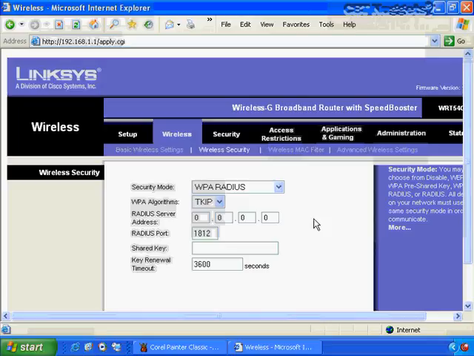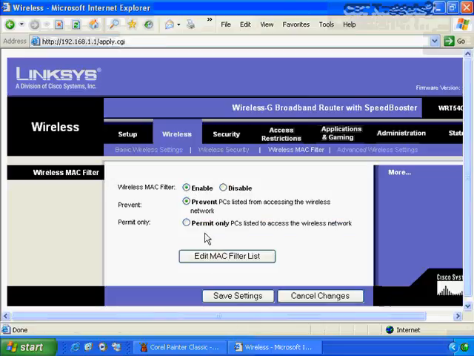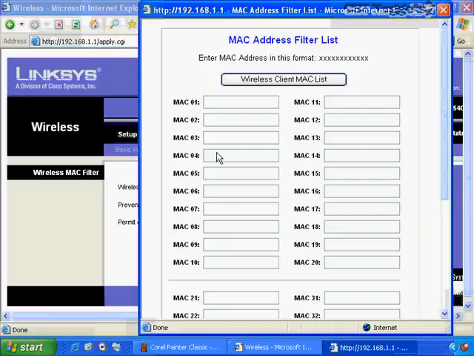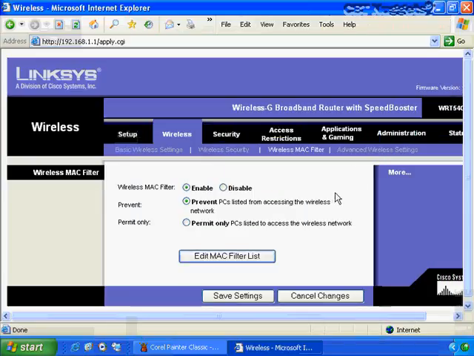Now, some people decide, hey, I'll just use a wireless MAC filter, and I'll enable this, and you can only get access to my network if you happen to have one of the MAC addresses that I enter in here, and you just have to manually enter them in. And if you've ever had to enter MAC addresses, you know how fraught with typos that can be, and what a hassle it is. So anyway, you enter in all 20 people, or however many you want to use here, and then you save the settings,